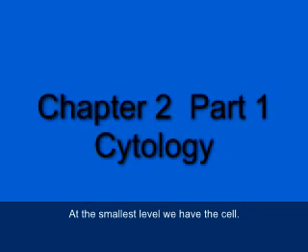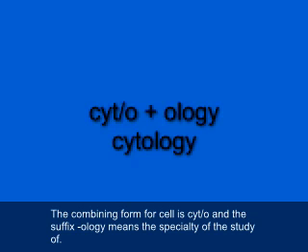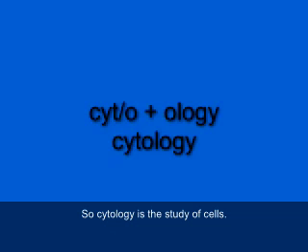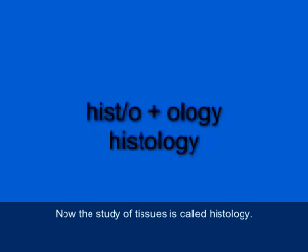At the smallest level, we have the cell, and the study of cells is known as cytology. The combining form for cell is cyto, C-Y-T-O, and the suffix ology means the specialty of or the study of, so cytology is the study of cells. Now cells combine together to create tissues, and that's what they're illustrating in the second picture in that line in figure 2.12. Now the study of tissues is called histology,